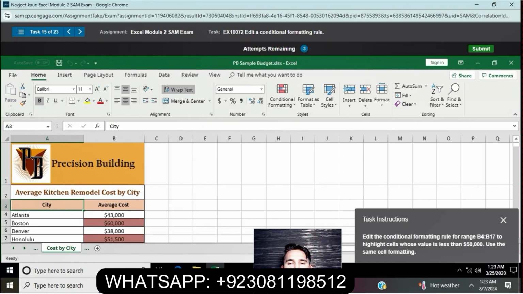Now question 15 is to add a conditional formatting rule for the range B4 to B17 to highlight cells whose value is less than $15,000. Use the same cell formatting.